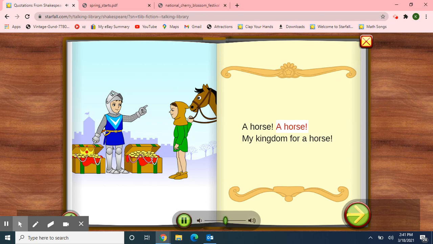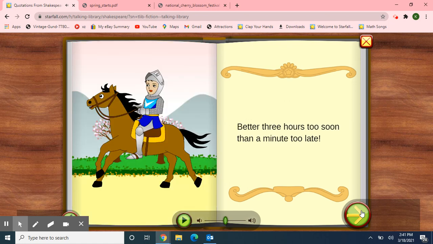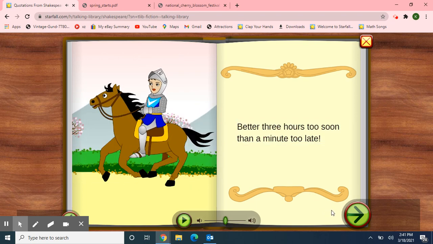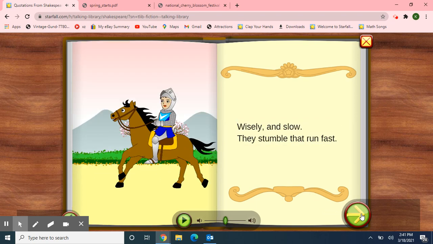A horse, my kingdom for a horse. Better three hours too soon, than a minute too late. Wisely and slow, they stumble that run fast.